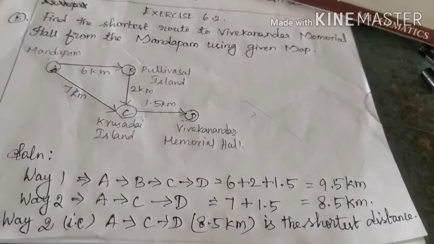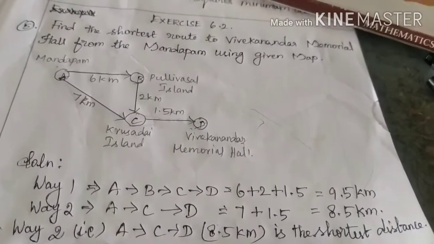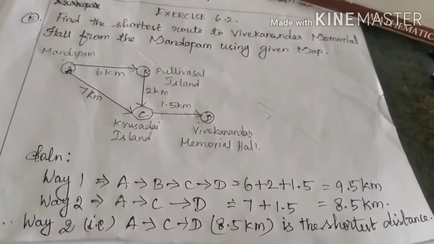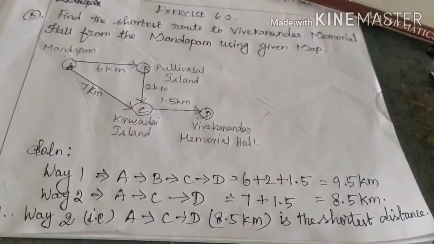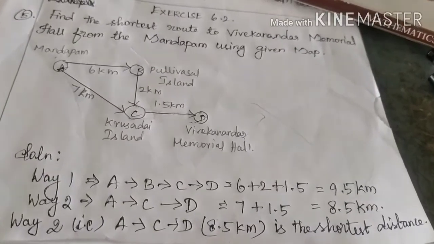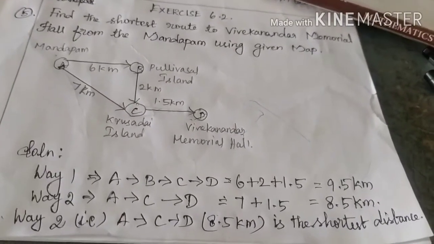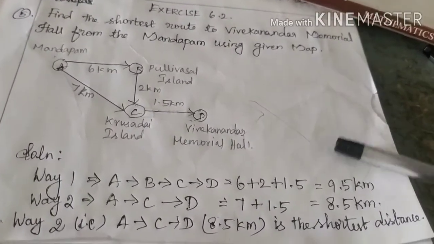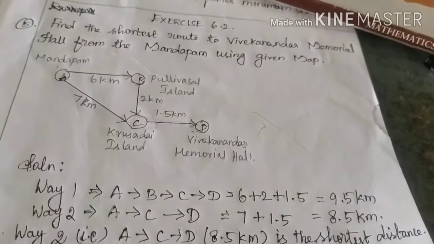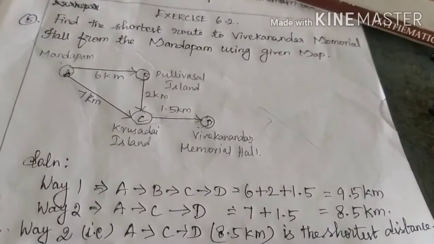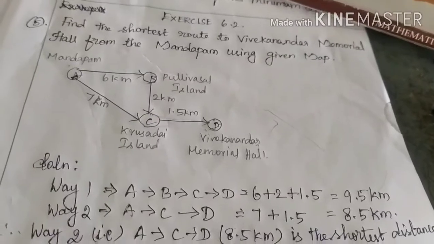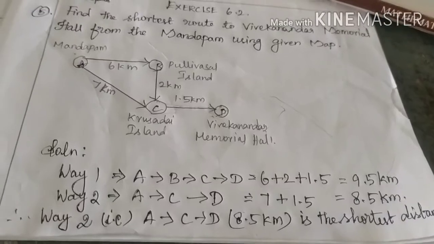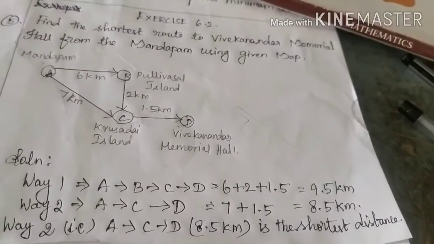up to this I am going to finish this whole exercise. We have completed 6.1 and 6.2 today. Okay children, whatever sums I ask you to do in the book, do in the book itself. Particularly 6.1 fully you do in the book itself, and then in 6.2 only this sum alone you do in the note. Remaining all the sums you complete in the book itself. Meanwhile, I have completed example number 6.3 and 6.4, that you do in the note. Okay, are you clear up to this, children?